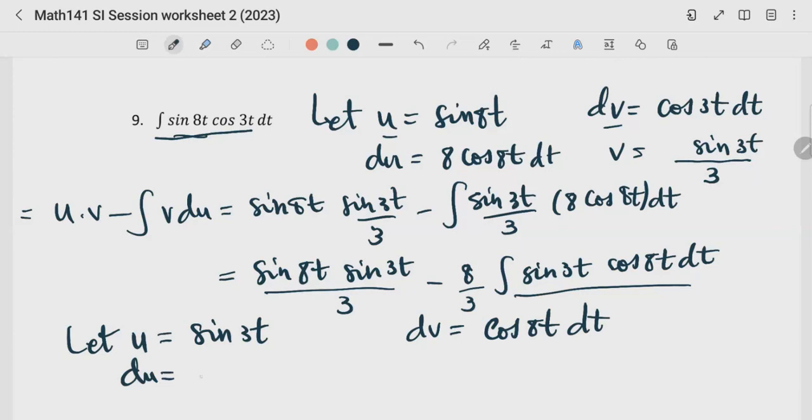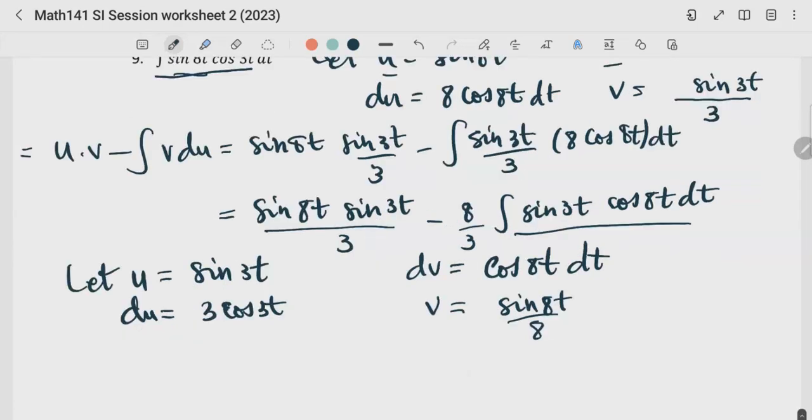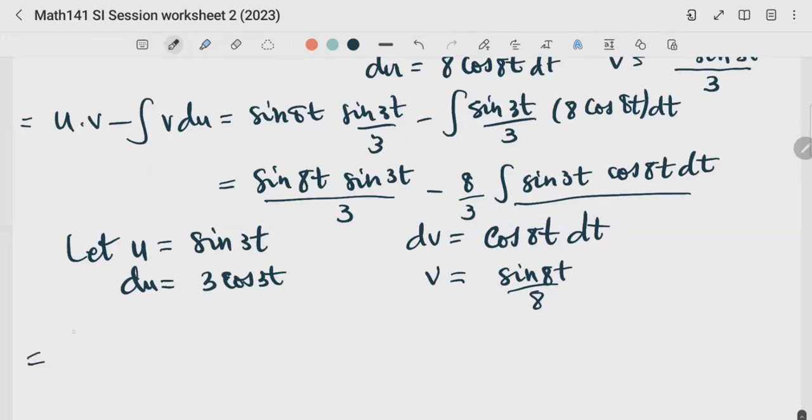Our du now will be 3 cos 3t, and our v will be just sine 8t divided by 8, which means that this integral will become u times v, so sine 3t times sine 8t all divided by 8, minus